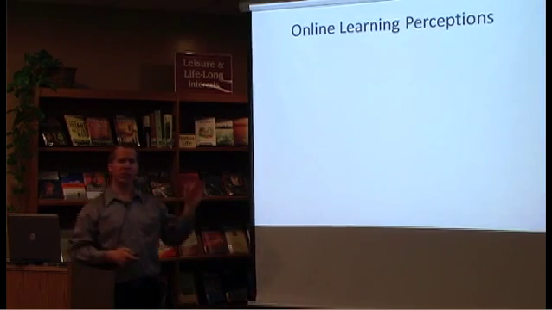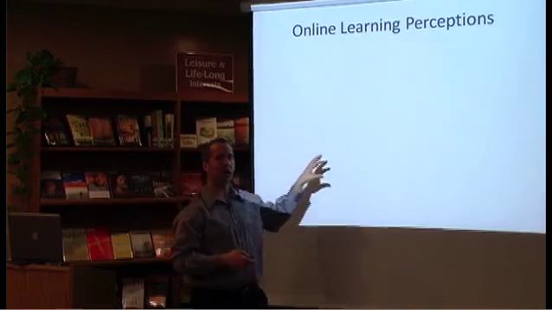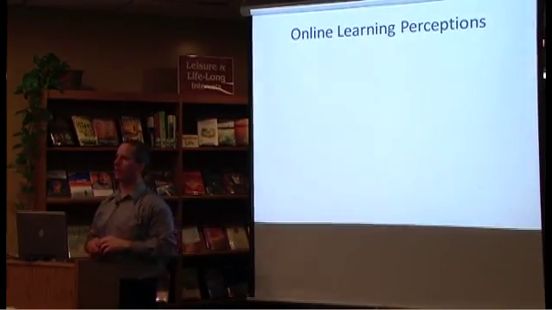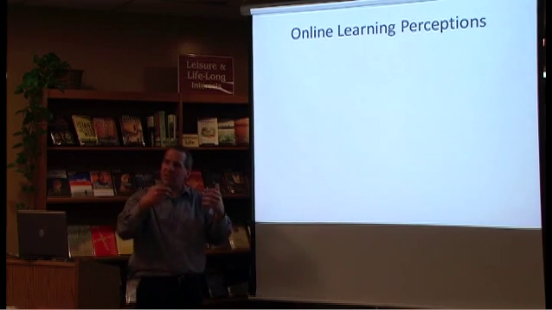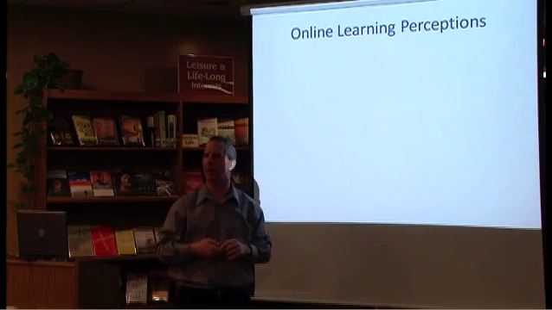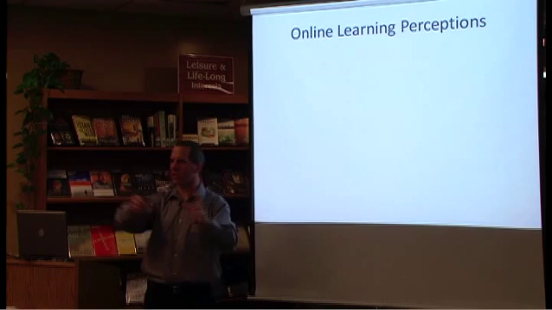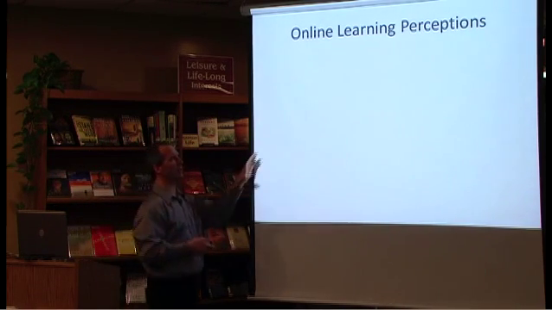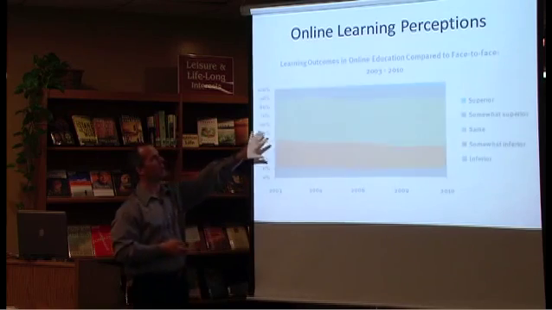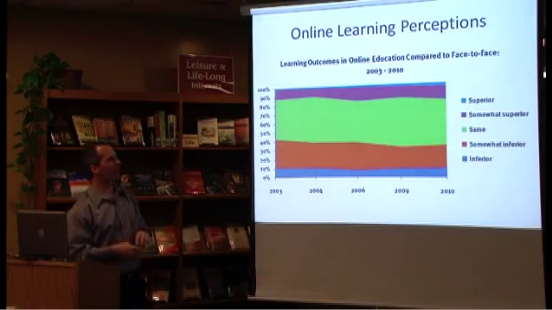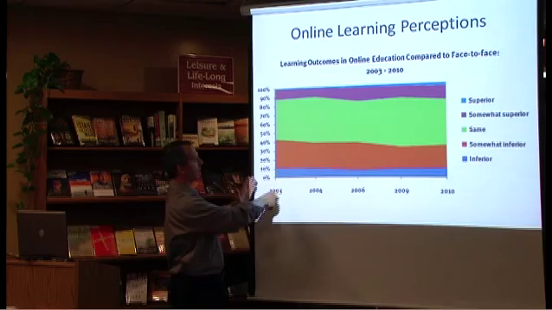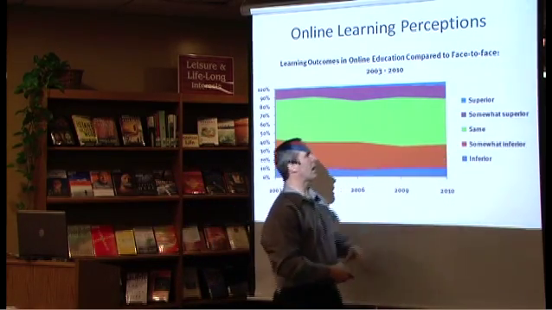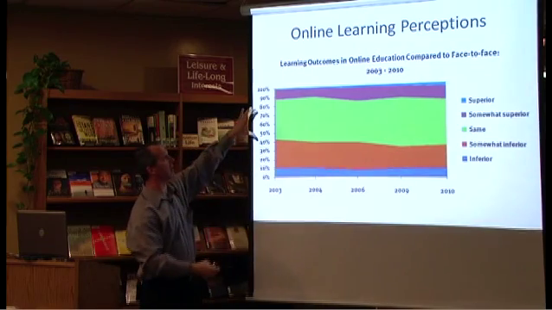What about the perceptions? And so the Sloan C looked at 2,500 higher education institutions, and they looked at the chief academic officers. What is their perception of online learning? You know, thinking of comparing that to the chief academic officers, that you out here, the perceptions you had. And this was more of a perception study. And what they did is they tracked from 2003 to 2010 the same question I basically asked you. From a learning objective perspective,